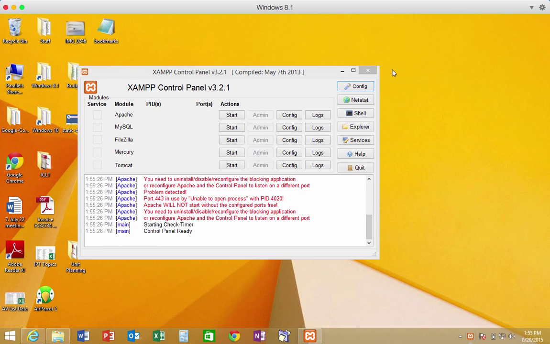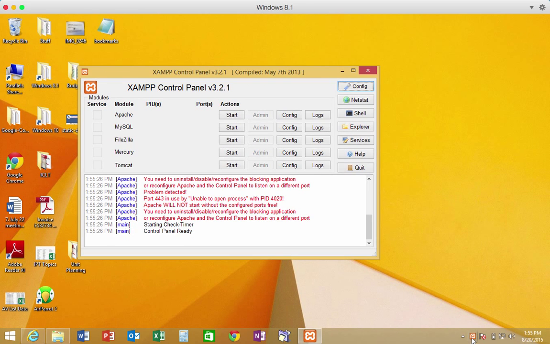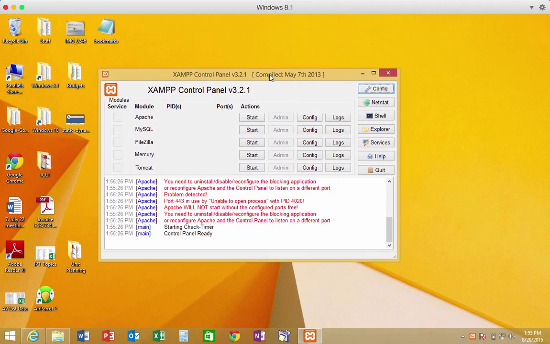So you know that it's running. If I close it, for instance, it's still down here in my notifications area. Sometimes it might hide itself away in here, which it's just done. And I can drag that guy out, so it's always there and I can see him. But I want to double click and bring up the control panel. So the XAMPP control panel is